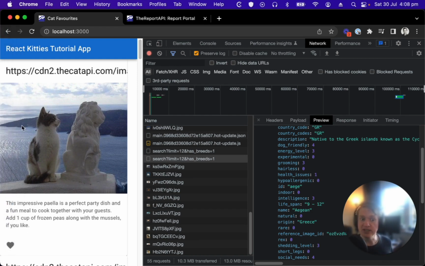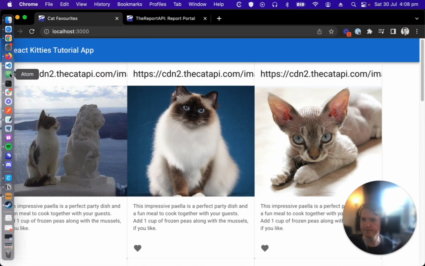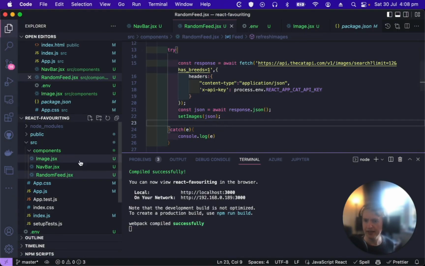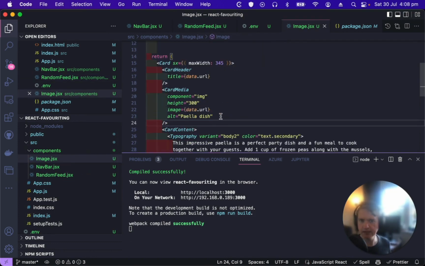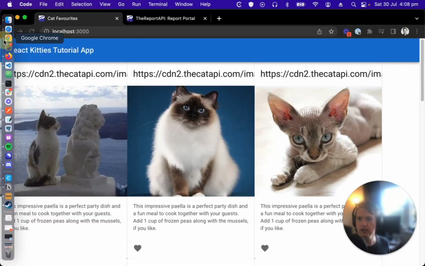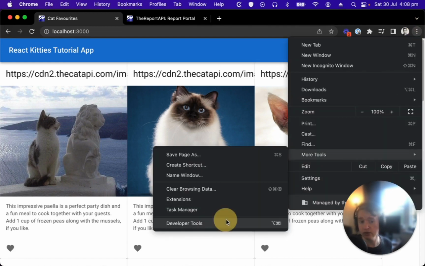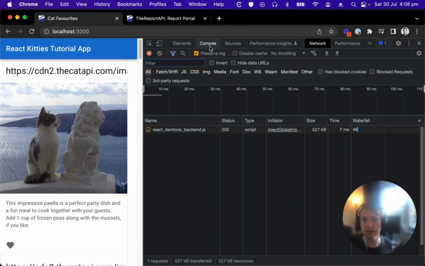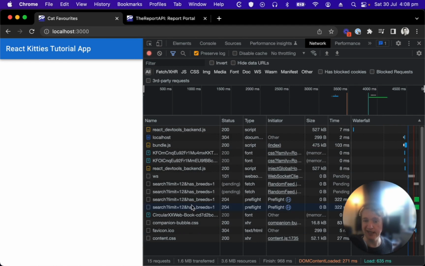Let's start using that information and display it instead of the cat URL and instead of these instructions on how to make paella. So back in our image component, we have the data object in here. Now instead of just the URL, if we open the Chrome inspector, we can look at the documentation, but in this case, let's see what was actually sent back. So give this a refresh. We're going to pull out their breed name